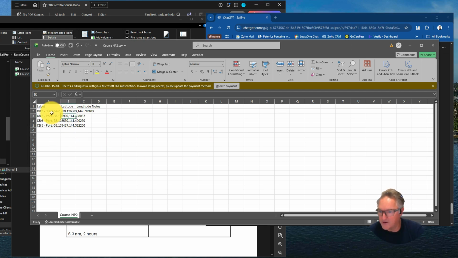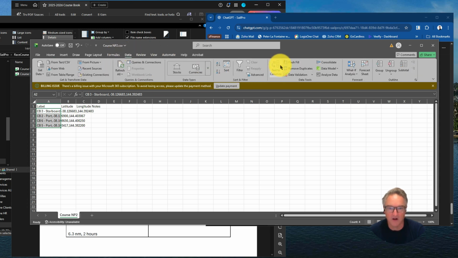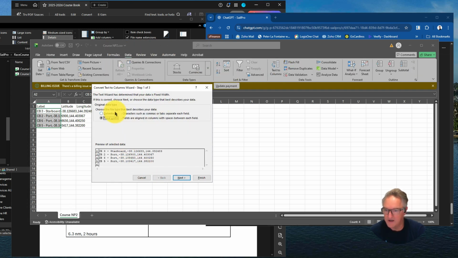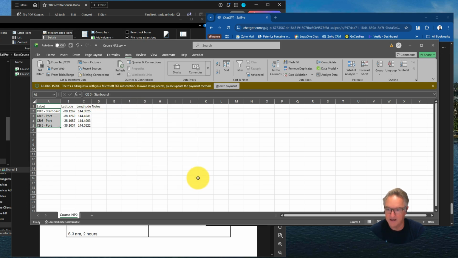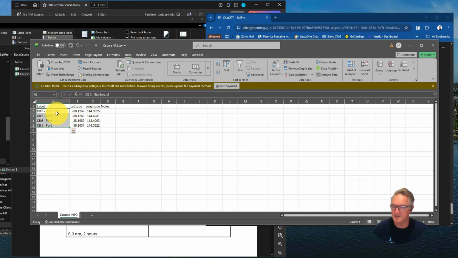All right. So what I do is I come in here, paste them in here, and then I use a text to columns to convert it into columns, to characters, next, comma, take the tab out, next, finish. Okay, so there you go. Bang. It's done it. All right, so we've got CV3 to starboard, latitude, longitude, CV2 to port, CV6 to port,